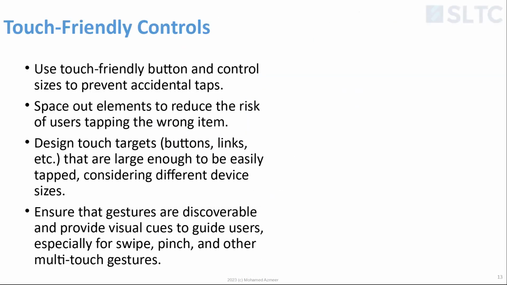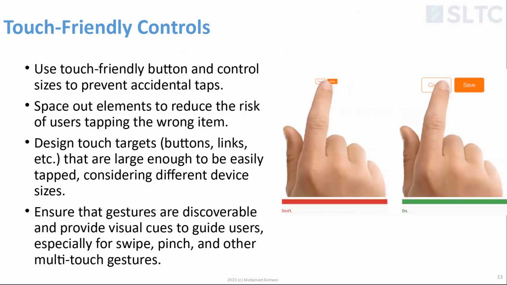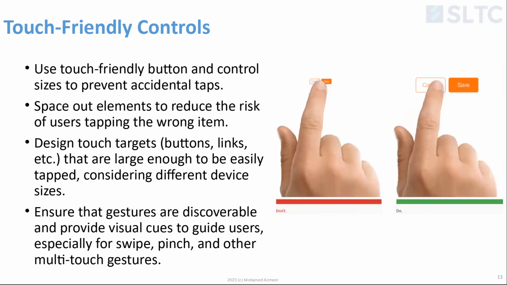Next up is another important aspect, touch-friendly control. We know on the mobile phone, 99% of the input is coming from the touch screen. So how do you make sure it is friendly to the people? Let me show you a picture first. If your button looks like this, people might click the wrong button, or people can't see what is on the button, isn't it? So on the mobile phone, we need to make sure the space that you use to click is visible enough so that they will not go and make a mistake by clicking on the wrong button.